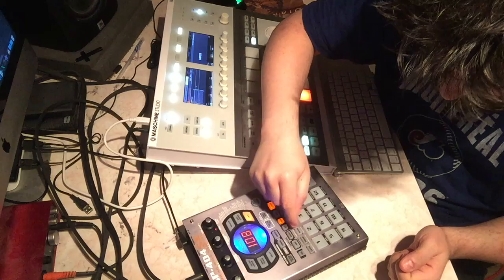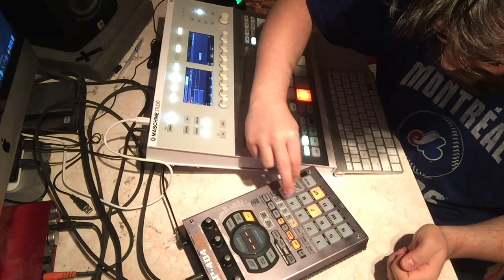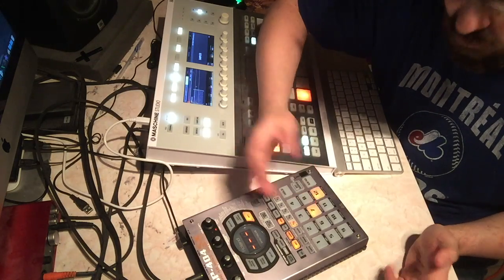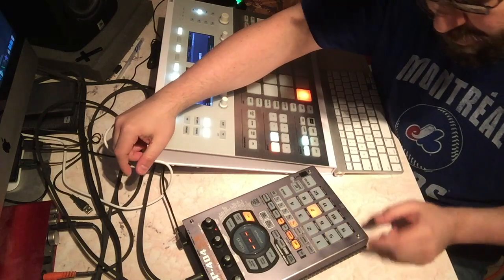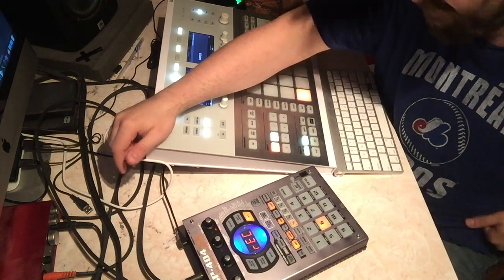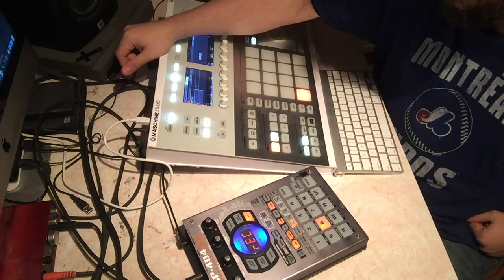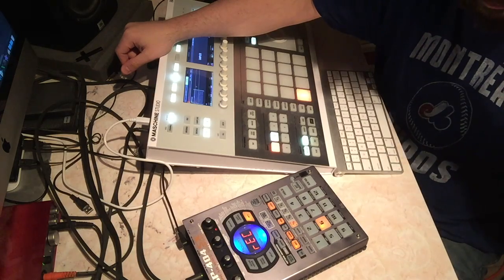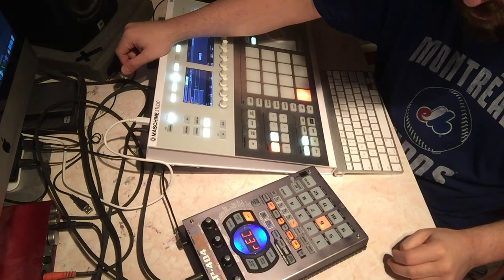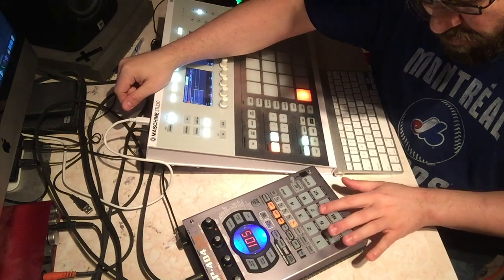Once again, I resample with the compressor effect. Now I only have 2 pads left. So pad number 7, record, and when I'm ready, I'm going to record 2 bars. This is the second bar. Alright, so now on pad 7,